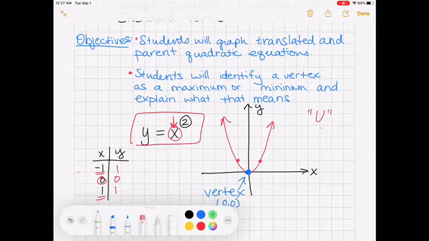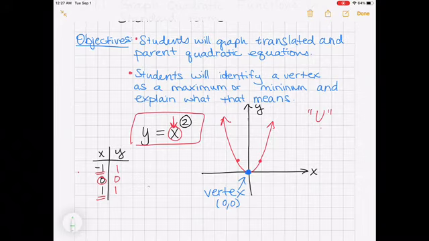We also see something here where it's perfectly symmetrical. We call this the axis of symmetry. Sometimes, like this one, it's right on the y-axis, but it's not always. It always goes through the vertex, and it will always cut the quadratic equation in half so that it's perfectly symmetrical on both sides. In this case, we would label this as x equals 0 to describe that axis of symmetry. Okay, so now,